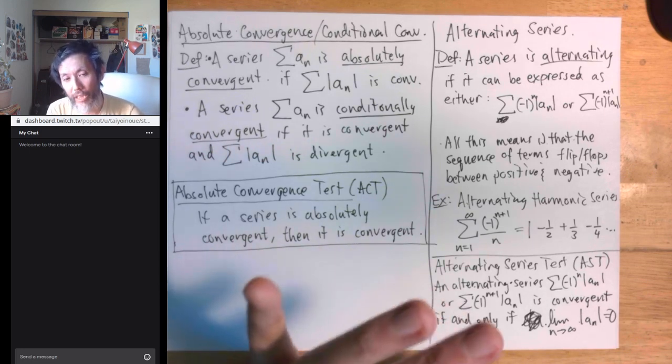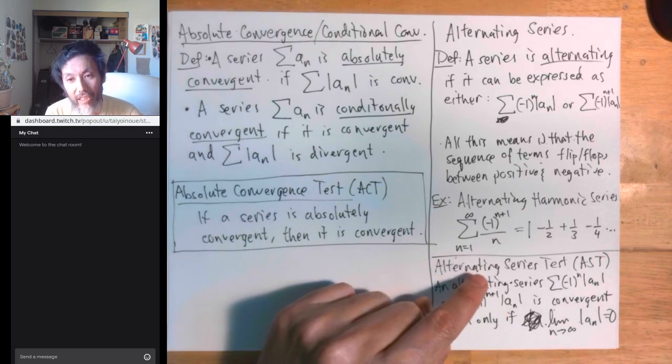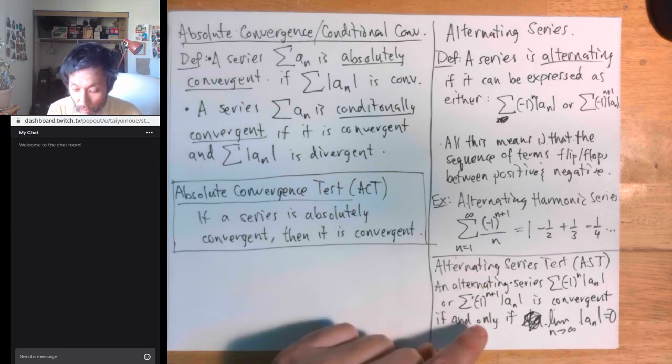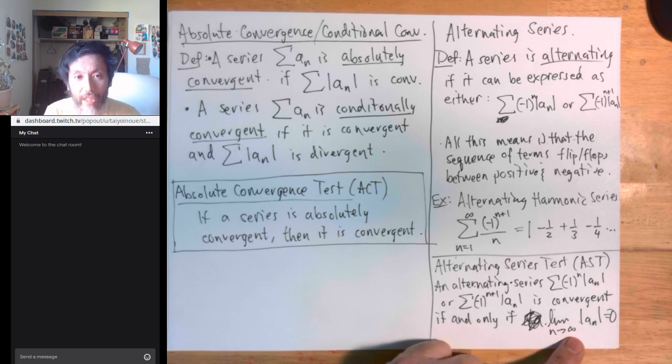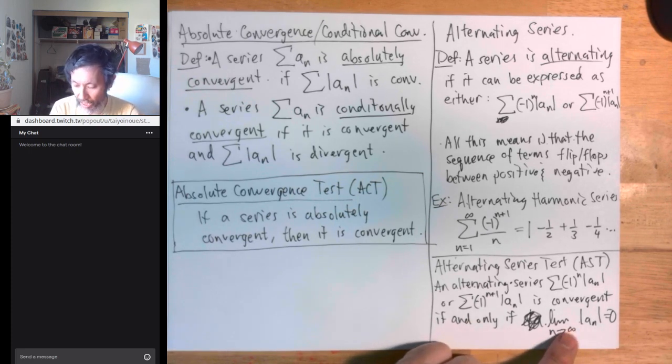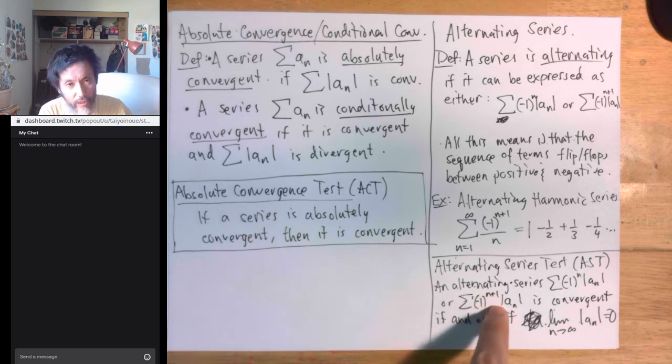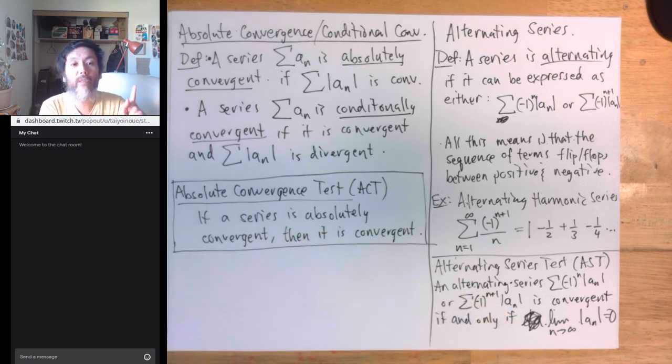For an alternating series, not only is it necessary, but it's also sufficient. That is to say, as long as you can see that the limit as n approaches infinity of this non-negative part, the non-alternating part of this infinite series, is going to 0,